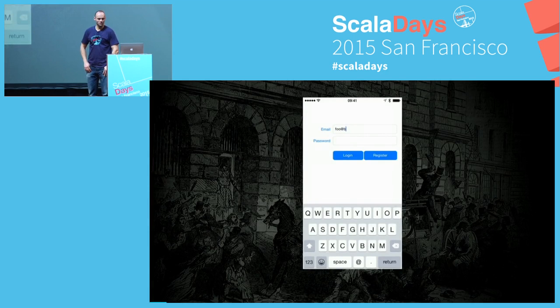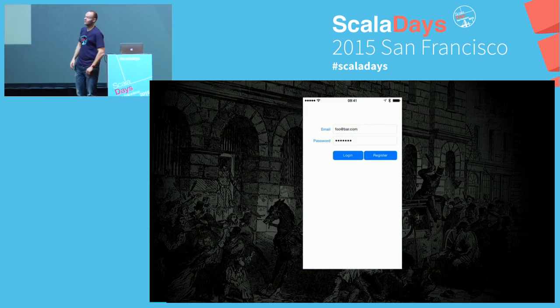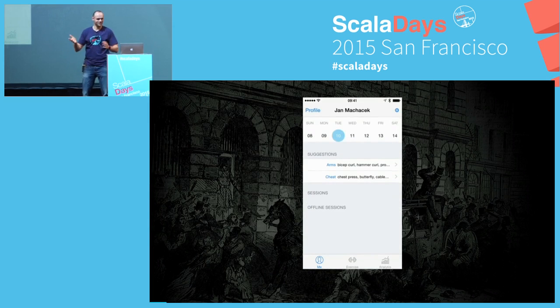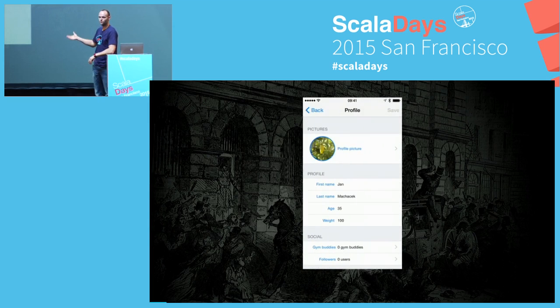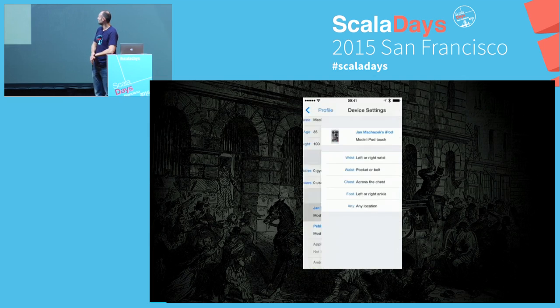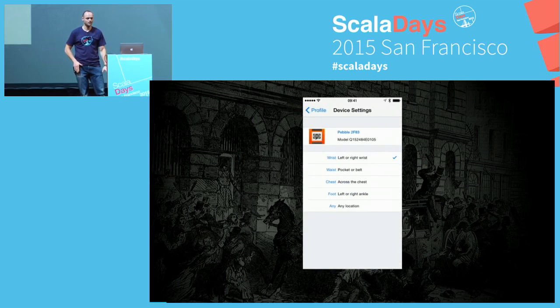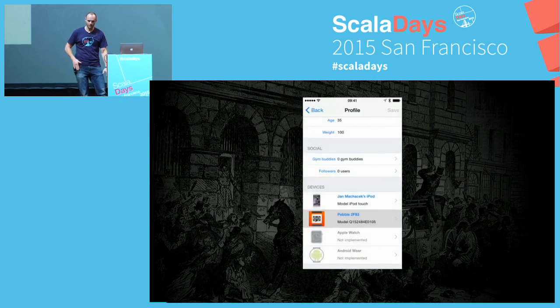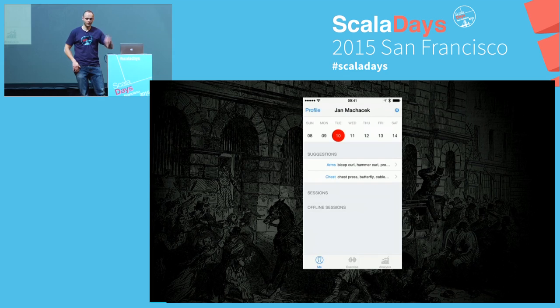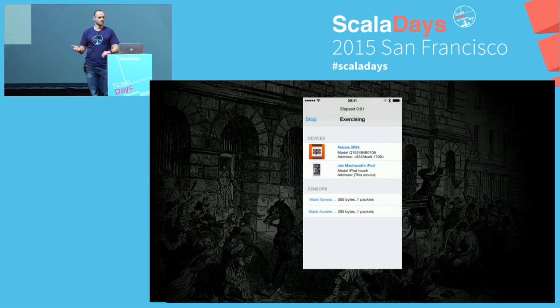Perhaps strangely I'll begin with a demo. So we can register or log in. It's a secret password, I hope you can't see it. In any case, here it is. Here is a profile that I can fill in. I can specify what sort of sensors I have and where I wear them. This is actually really crucial to decide that I have my phone in my pocket and a watch on my hand. The suggestions that come from our batch analysis, I can click on one